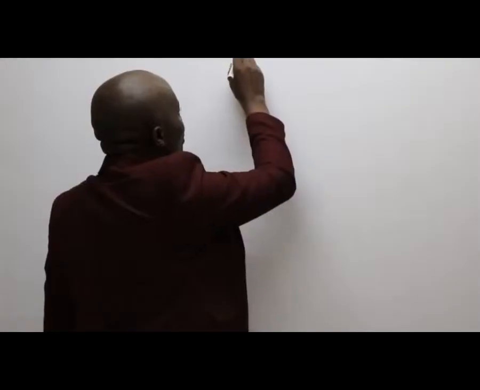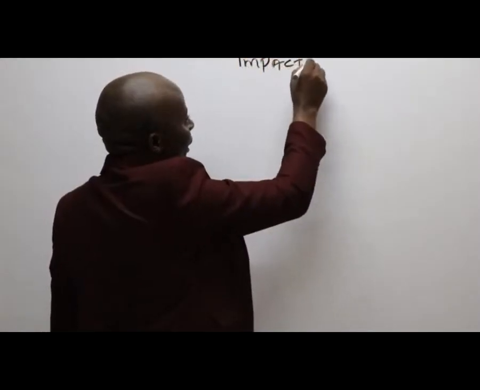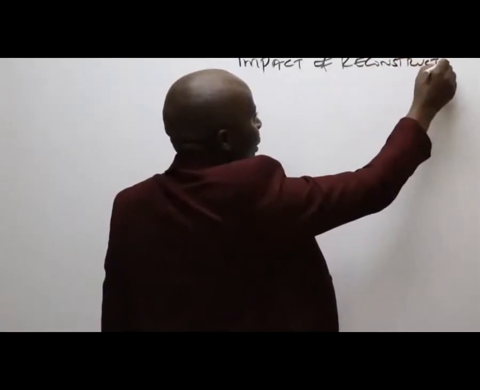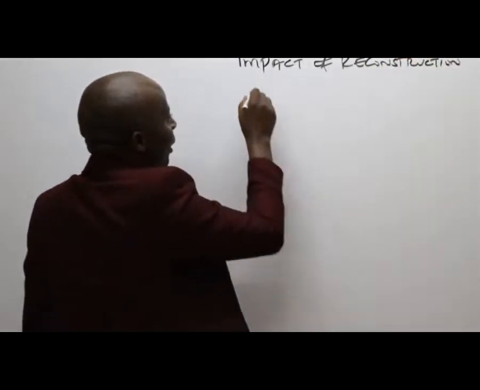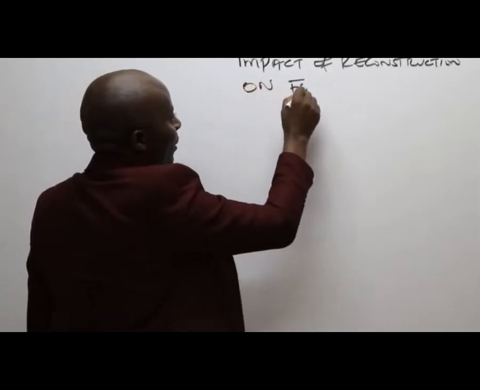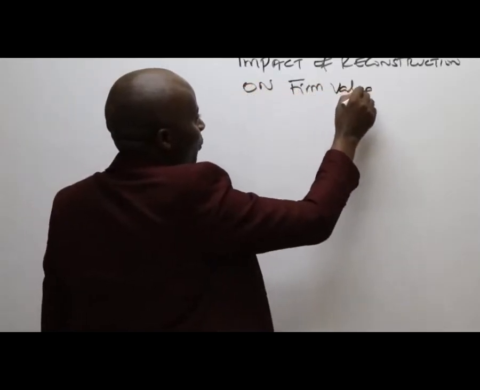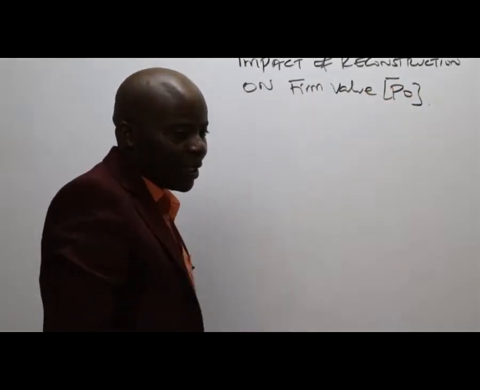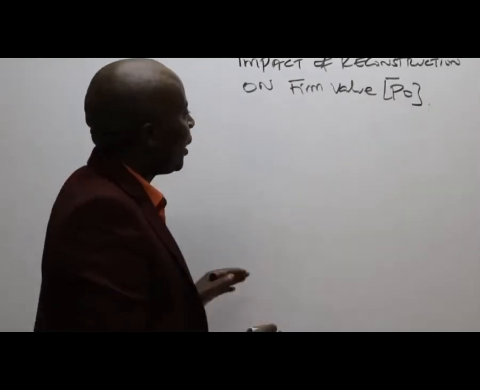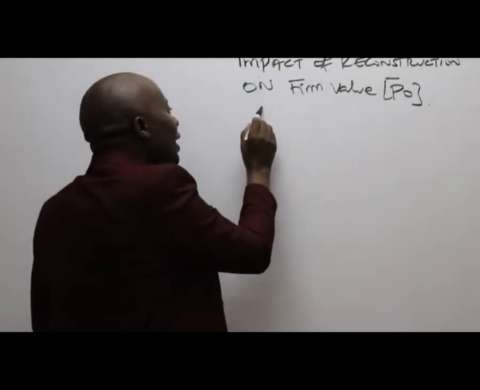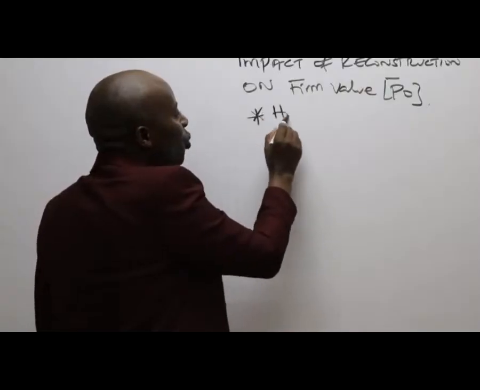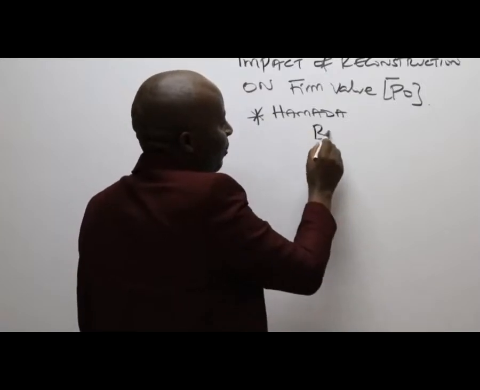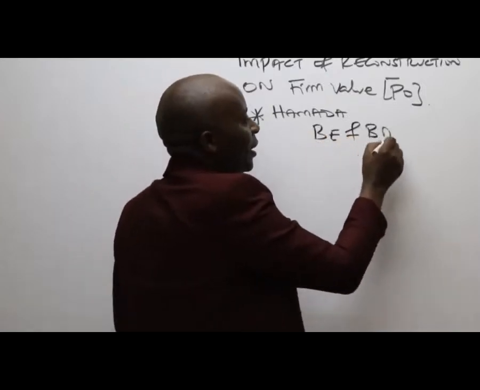The impact of reconstruction. We are looking at the impact of financial reconstruction on farm value. To be very specific, on the price per share. And really, the major agenda here is to show you the connection between beta equity and the beta assets,